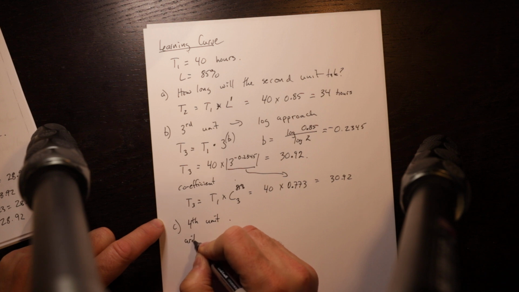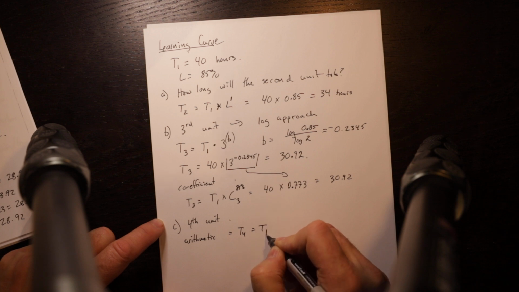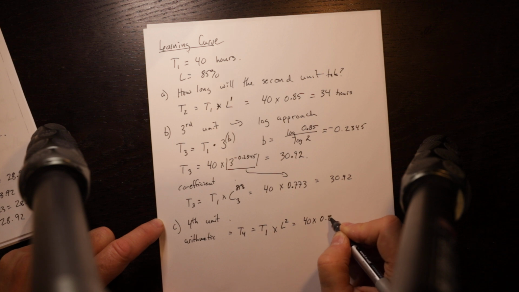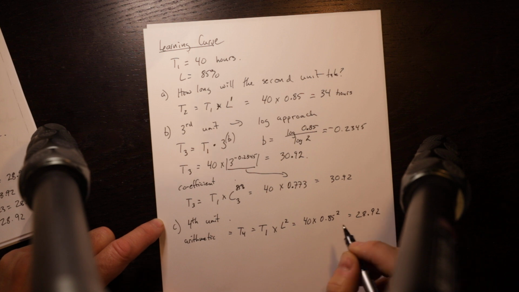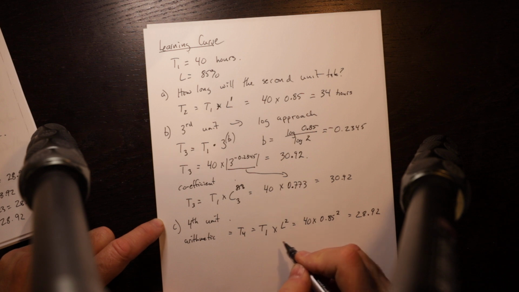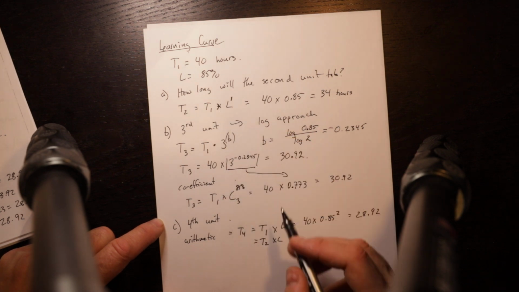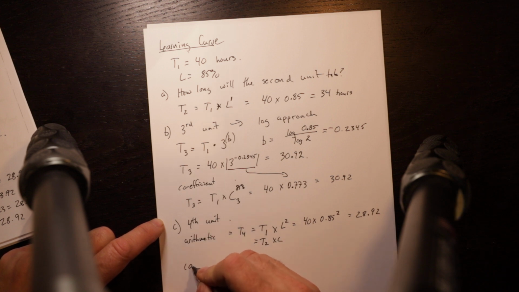If we use the arithmetic approach, we would get T4 is equal to T1 times L squared, which is equal to 40 times 0.85 squared, which is equal to 28.92. I'd also highlight here that it's also equal to T2 times L, because T1 times L is T2, and you'd get the same answer. On the coefficient approach,